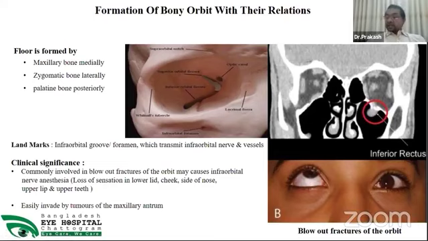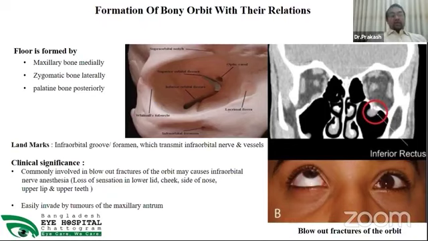It is clinically significant because the infraorbital nerve is affected in fracture of the floor of the orbit, and it is more common in the blowout fracture. Blowout fracture is one kind of fracture. It occurs due to a sudden rise of intraorbital pressure. The important prerequisite is blunt trauma with an object, and the size of the object corresponds to the orbital rim or is more than that.